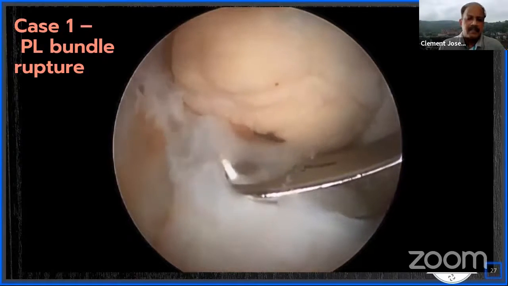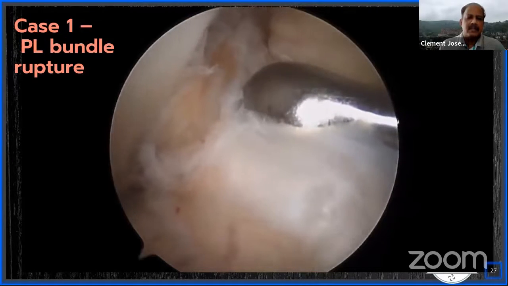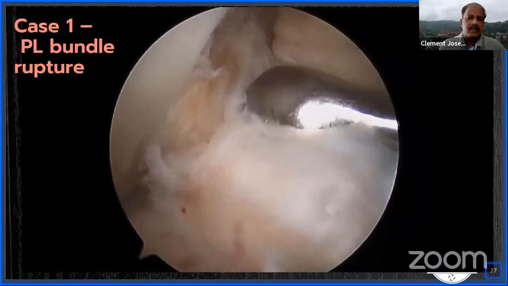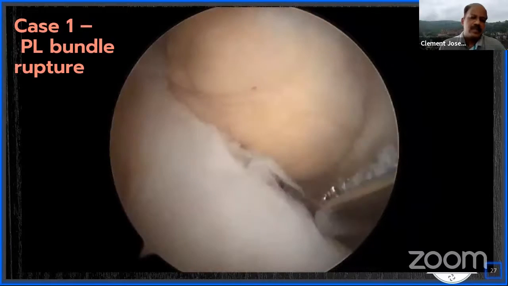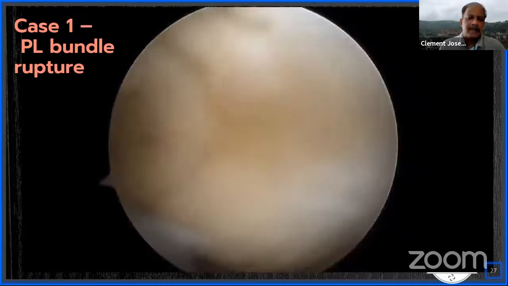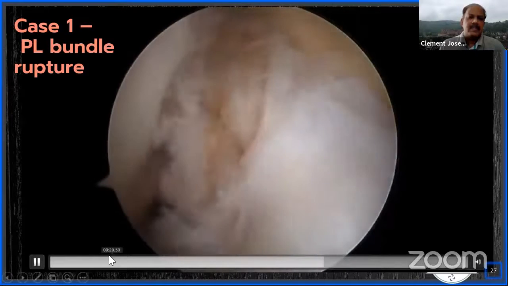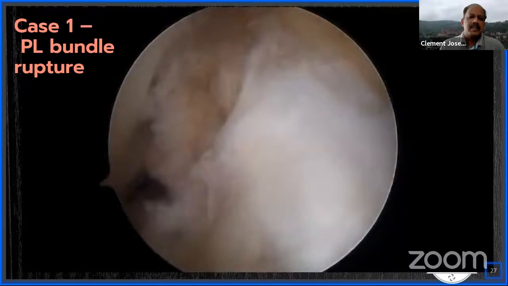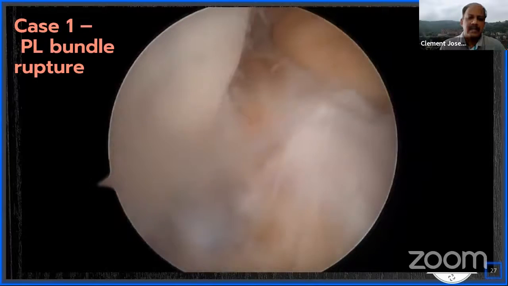Here I'm using a different jig. You can see the wire is coming out. Now the wire is protected. It's very important when you're reaming, as you're coming near the cortex, that you use hand reaming so that you won't damage the ACL remnant. As you can see here, most of the time you won't be able to see the tibial reamer coming out. You have to depend on the feedback from your hand.